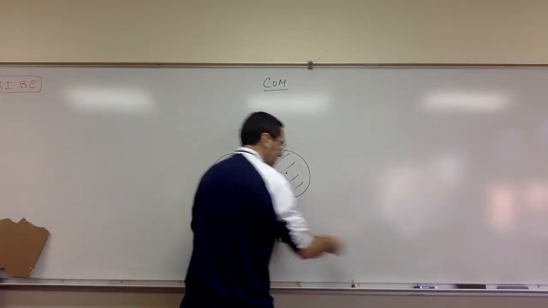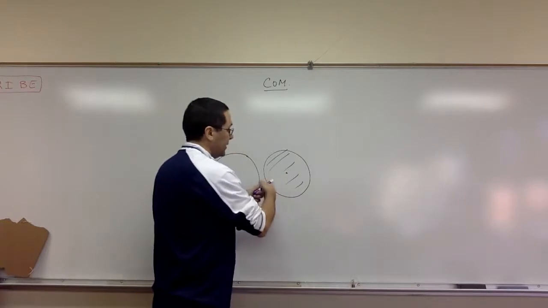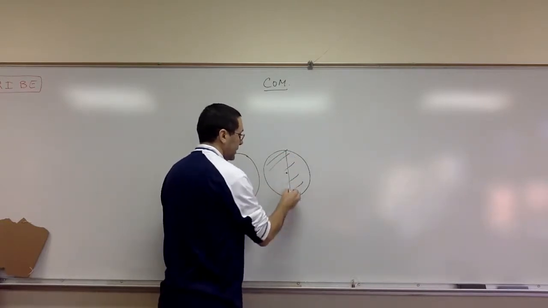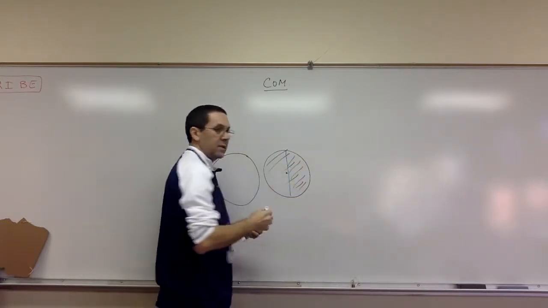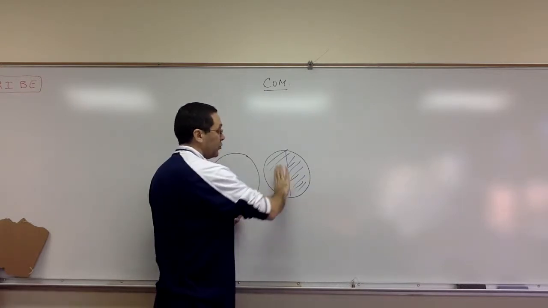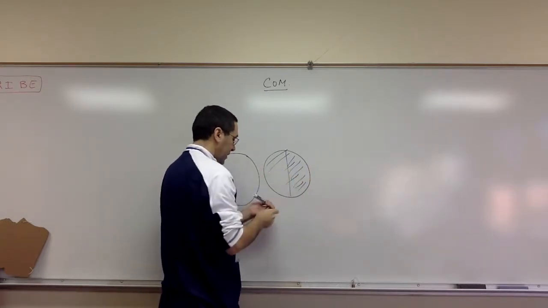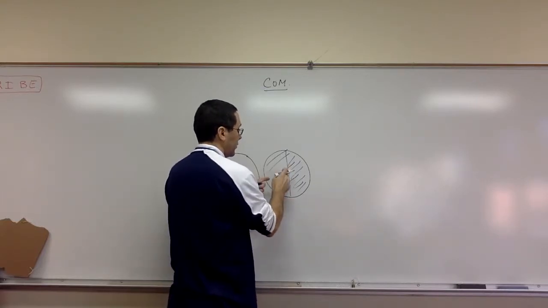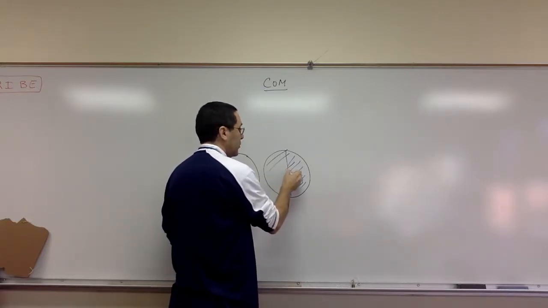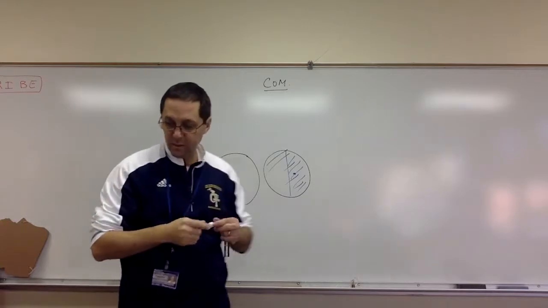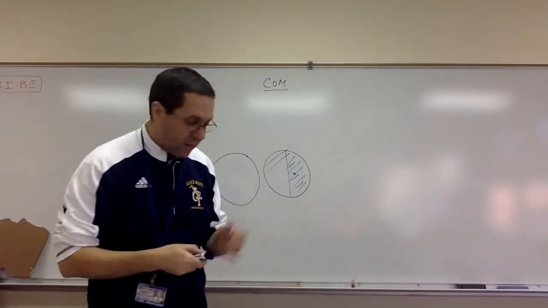Now, what happens if I take this disk here that's filled in, and I make it so that this blue side is heavier? So now there is more mass to the right compared to the left. So my center of mass is no longer smack in the middle. It's somewhere in this blue shaded area. Now,